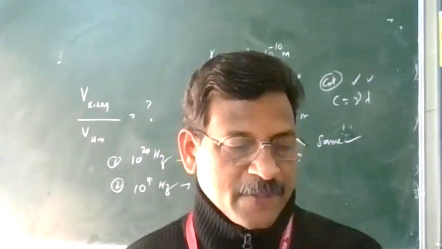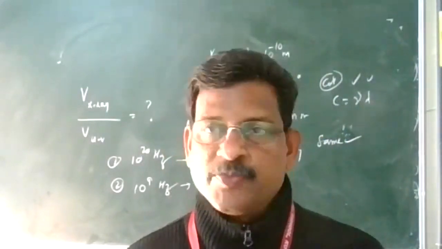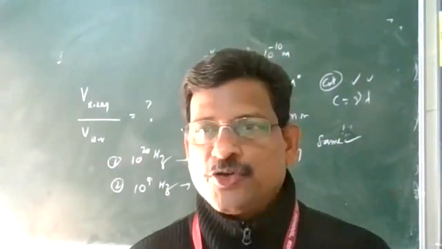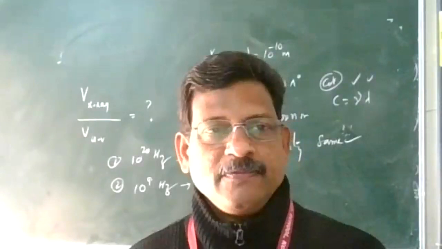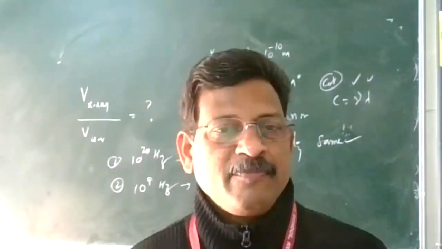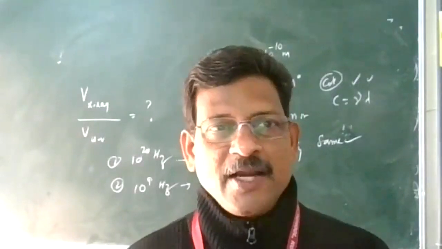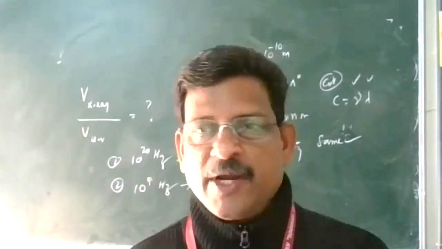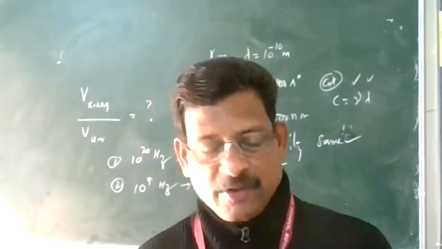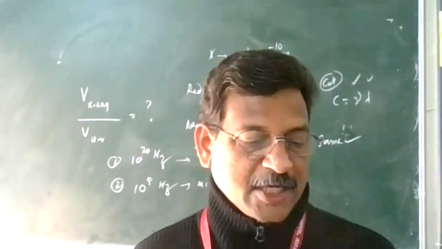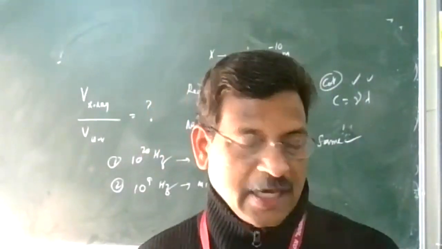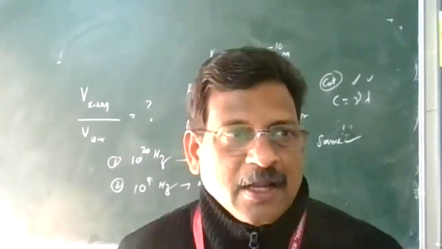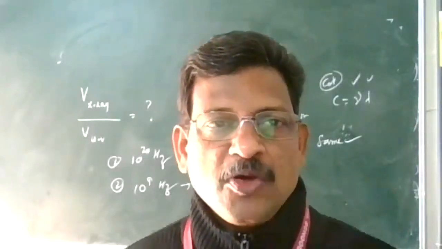Okay, next one again. Identify and name the part of EM spectrum to which the following radiations belong. To treat muscular strain, muscular pain, IR radiation. Those who are having back pain, muscular pain, IR heating pads are available. Some are used by FM radio. FM radio waves. To detect fracture in the bones, X-rays. And those radiations absorbed by the ozone layer or the atmosphere. Nachiketa, tell me which type of EM waves are absorbed by the ozone layer.